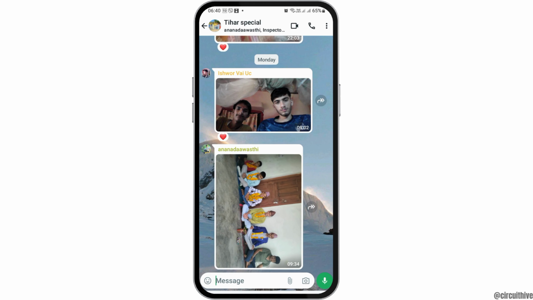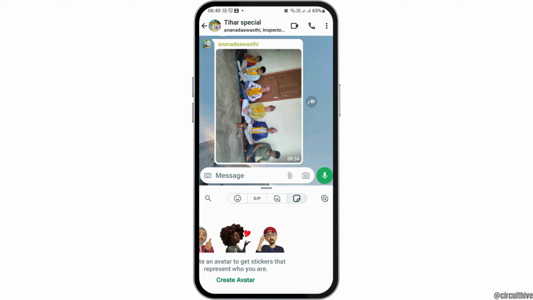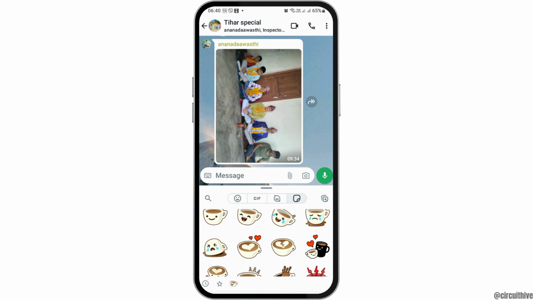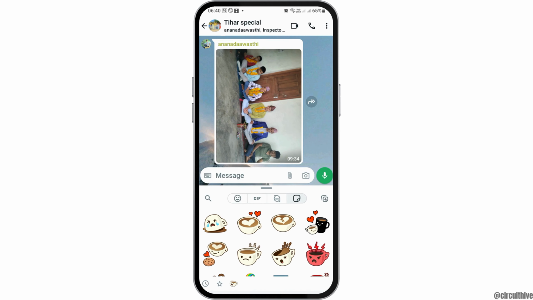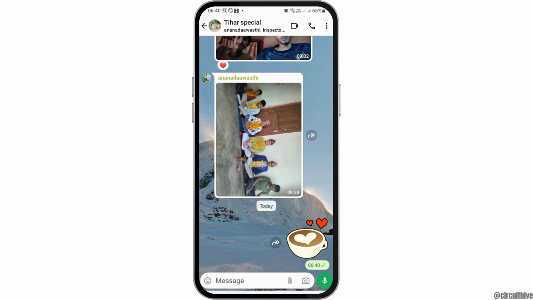After you see an interface like this, now you have to go to the next option, that is the emoji-like option on the downside, and then you can send any of the stickers that you want. So this way, after you send your sticker and when the next person from the other side will also send